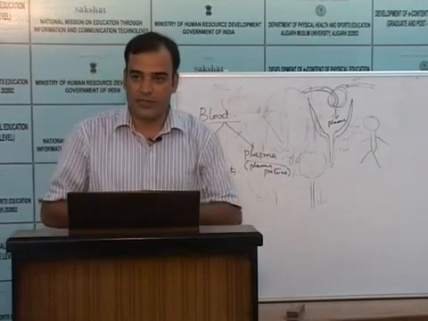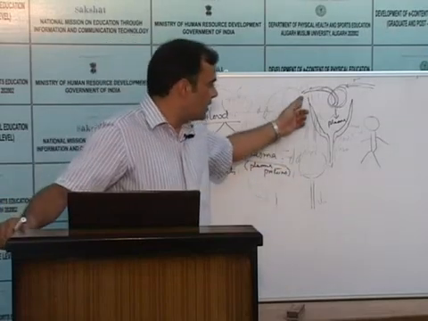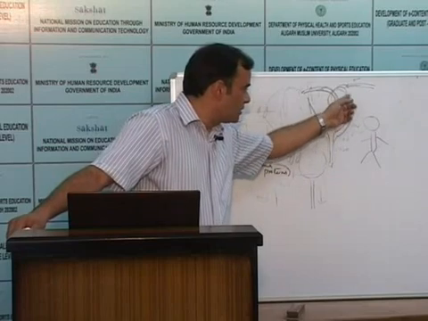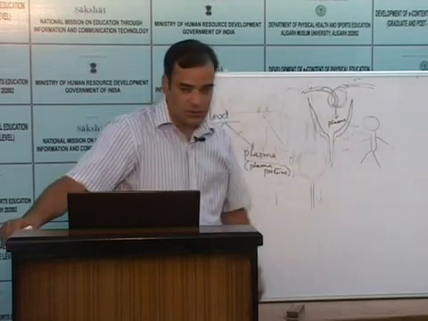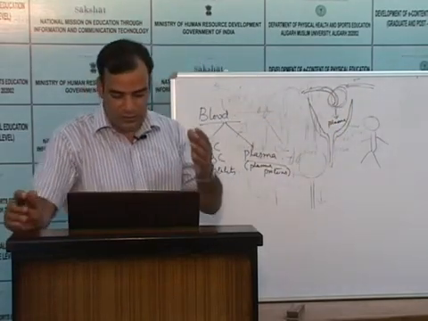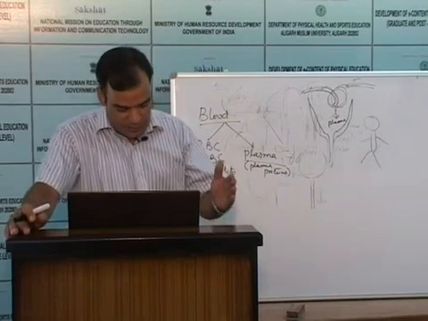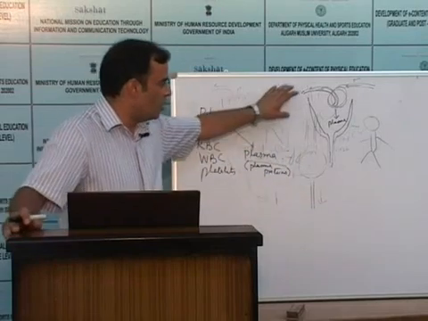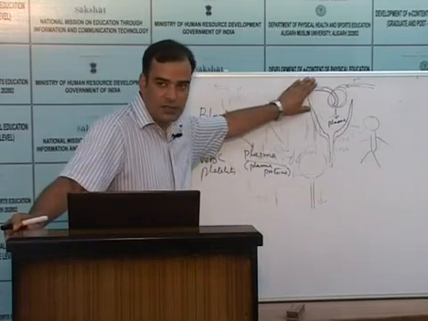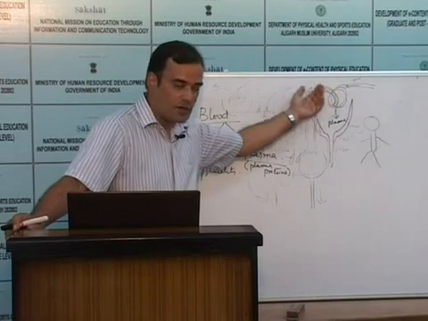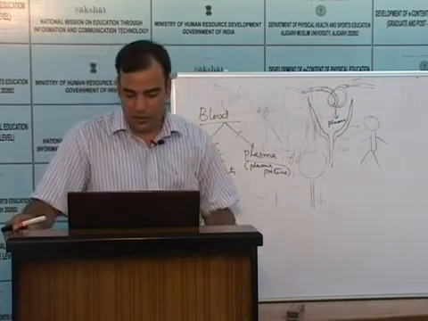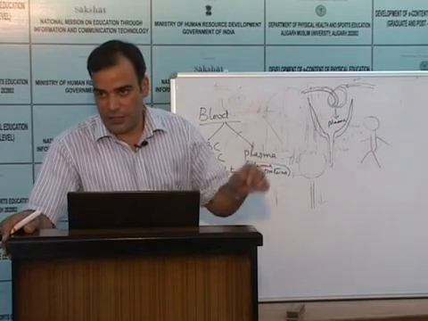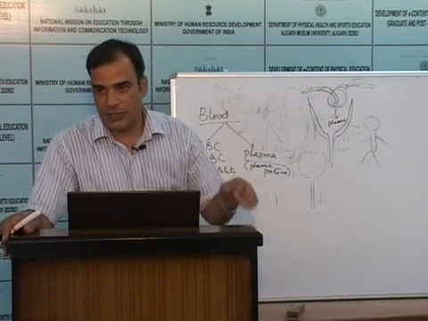These outgoing capillaries are called efferent arterioles, and the arterioles that take blood into the glomerulus are called afferent arterioles. So the sympathetic stimulation, especially the strong sympathetic stimulation, has a pronounced effect on the efferent arterioles, meaning those arterioles from which the blood is coming out of the glomerulus. Now, constriction of this efferent arteriole